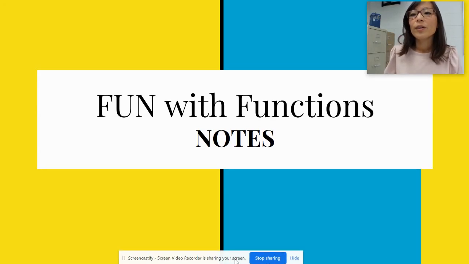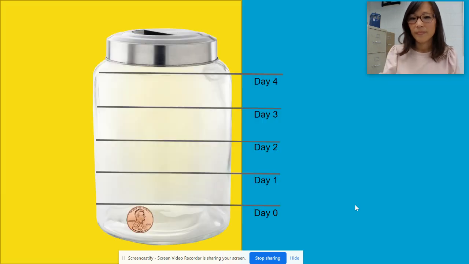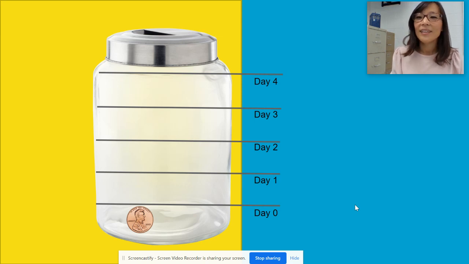In this unit, we're going to go over linear equations, and I'm going to give you an example that will give you an overview of what this unit is about. Let's say we have a situation where there's this boy, Tom, and he has a penny in his penny jar,